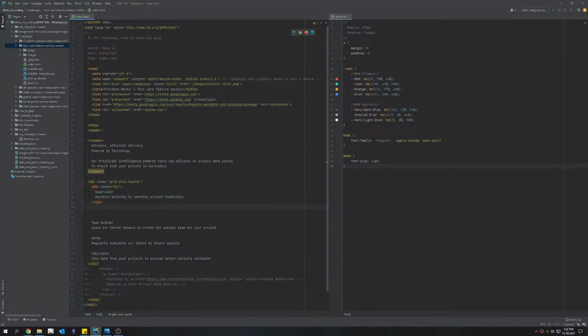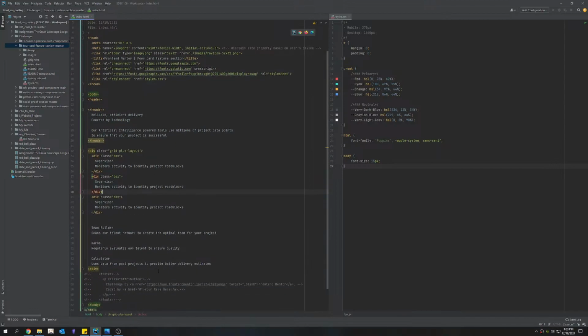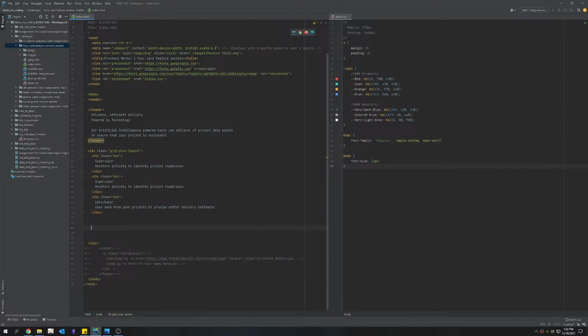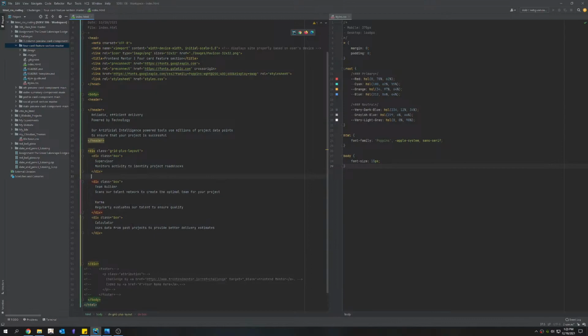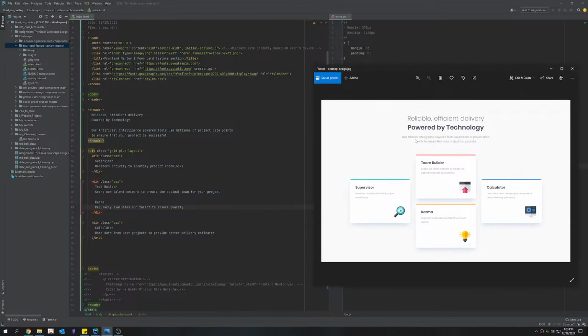We are going to copy and paste this 3 more times. We are going to put the calculator inside of here, and then we are going to put the team builder and the comma inside of this div box. And the reason why we did that is that, as you can see here, I am going to use a grid base for this plus type of layout. I can put the supervisor and calculator on its own div, and I can definitely put team builder and comma in like its own column, and then maybe separate them with like